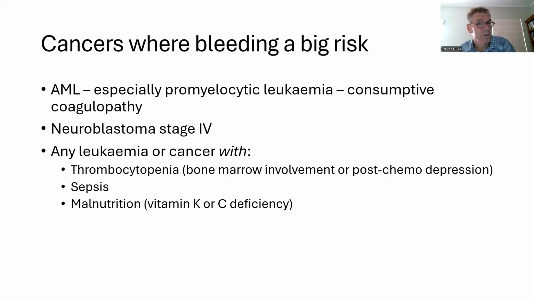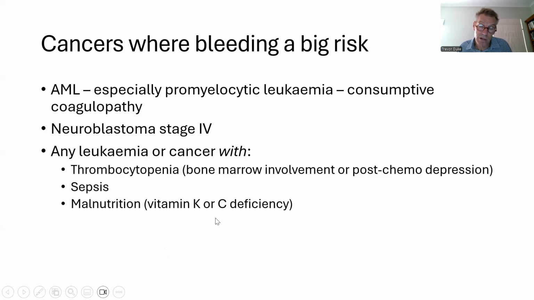Other tumors, such as stage 4 or advanced neuroblastoma in children, are sometimes associated with bleeding. Any leukemia or cancer, if a patient has thrombocytopenia, either because of bone marrow involvement or post-chemotherapy depression of platelets, can cause bleeding. And any child who has sepsis and a cancer, or any child with malnutrition and a form of cancer,